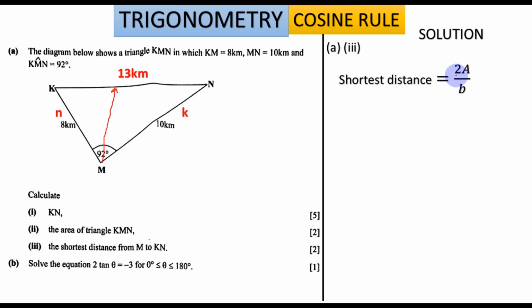So you just multiply the area you have calculated by 2, then divide it by the longest side. This B you are seeing here on the formula represents the longest side. Okay? So 2 times 40, because 40 is the area we found after calculating. Then B, we are checking which one is the longest side in this case. The 13 is the longest side. So divided by 13. All right? So 2 times 40, you have 80. All right? Divided by 13, you're going to have